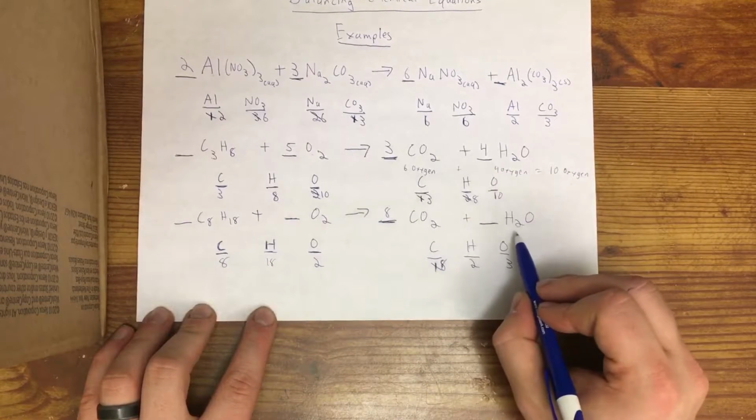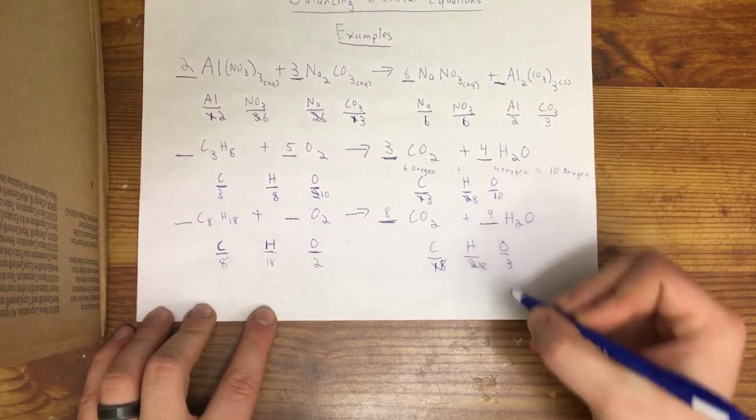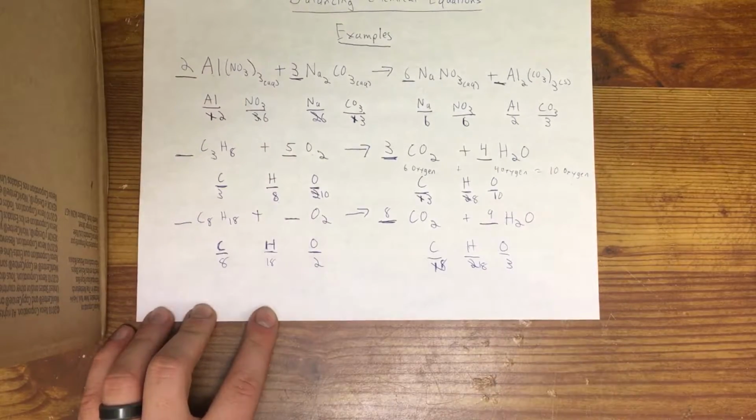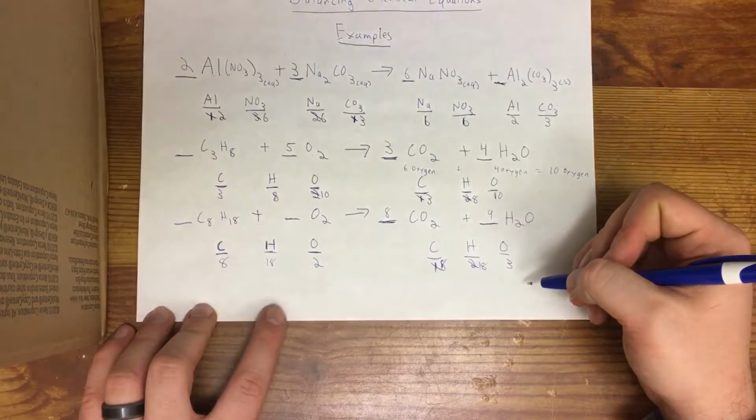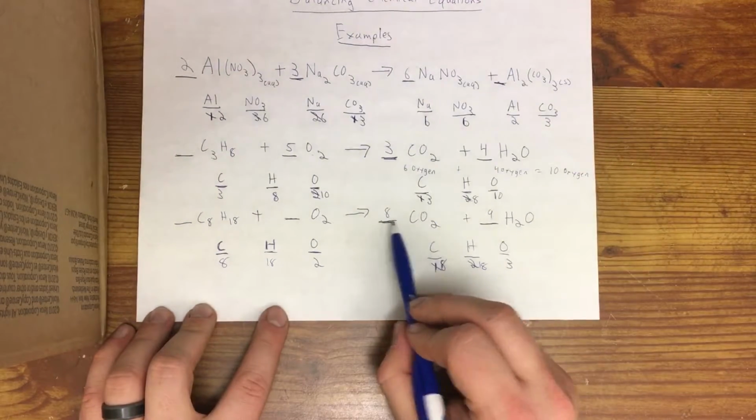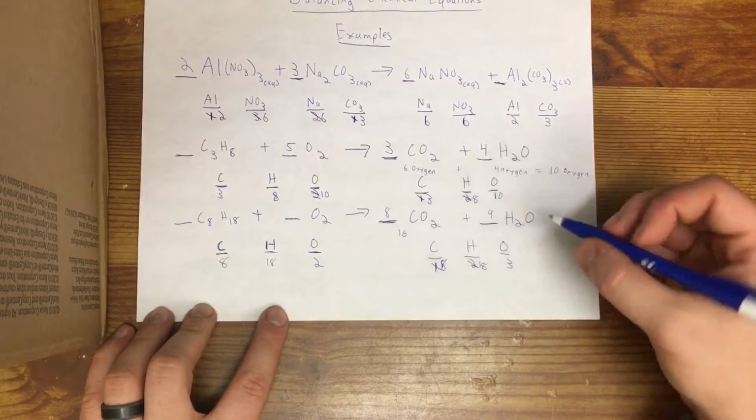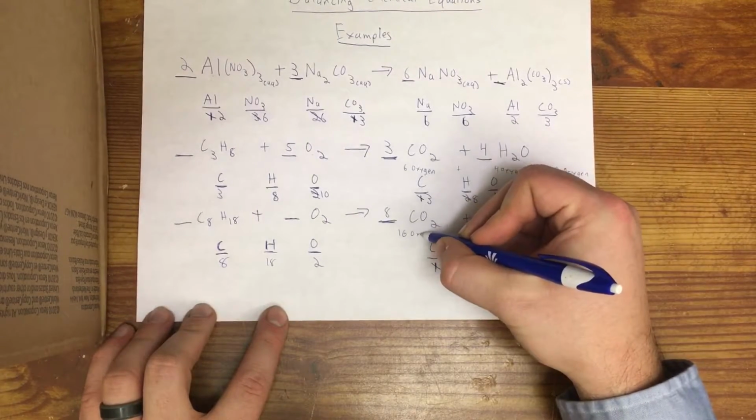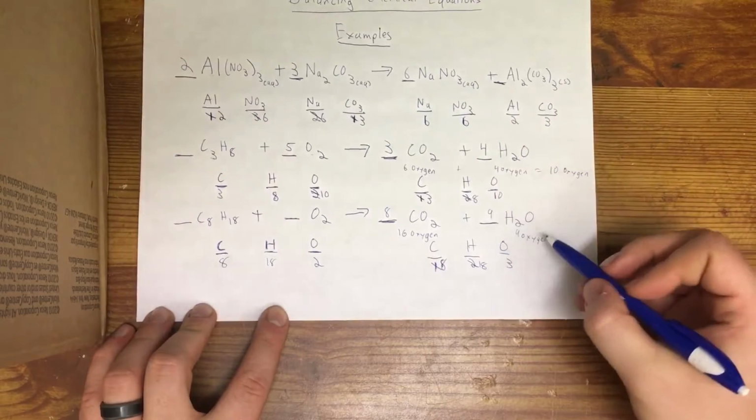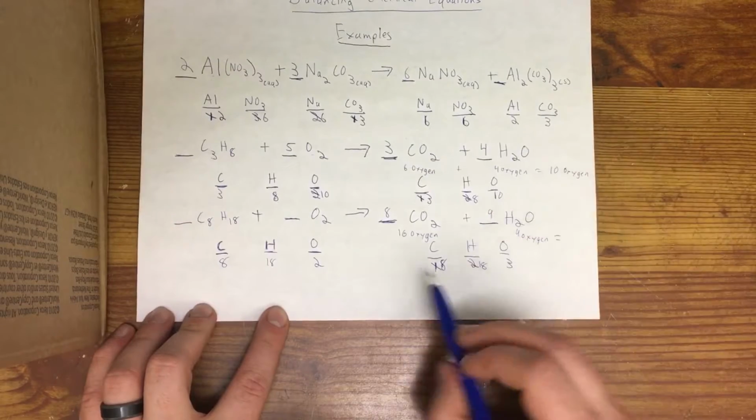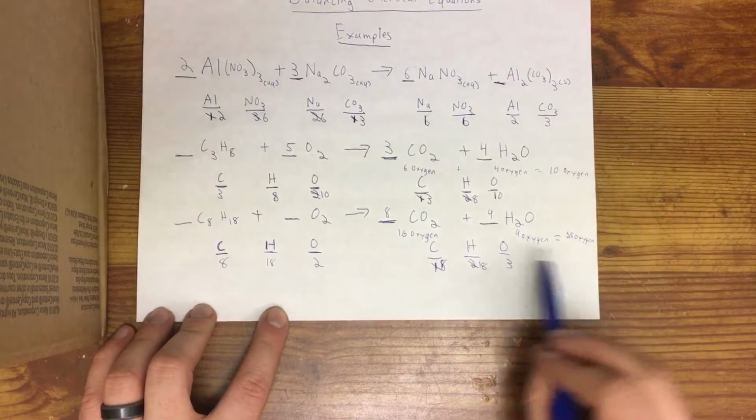18 hydrogens on this side. In order to make 18 hydrogens, we'll multiply by 9. That gives us 18 hydrogens. So carbon and hydrogen are balanced. If we look at oxygen, though, here we start to run into a problem, because right now we have 16 oxygens from the 8 carbon dioxides and 9 oxygen from the 9 waters. That gives us a total of 25 oxygen,